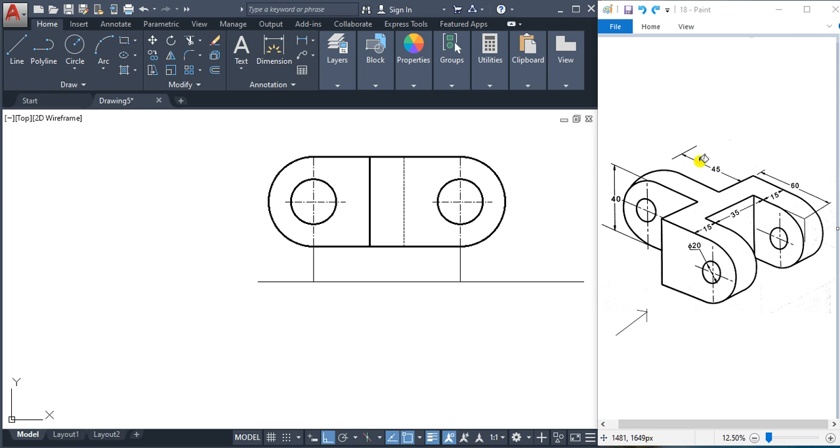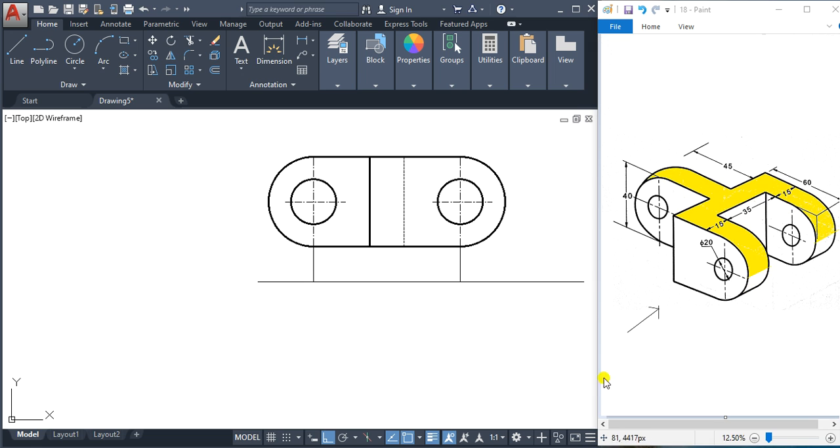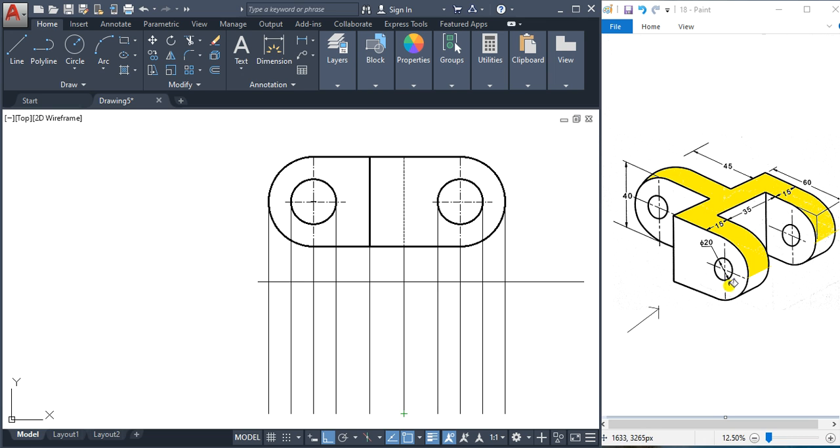Now let's draw the top view of this object. When you see from the top, the surfaces which are visible are this surface. This surface is visible up to here, and this surface is visible up to once again the half part. So we'll draw this top view of this object. We'll take projection lines from this front view. Here also we'll assume that this object is kept at some distance from VP, such that we'll draw this top view some distance below this reference line.